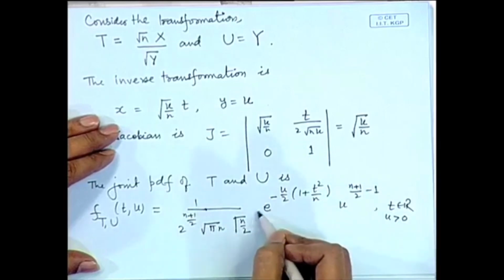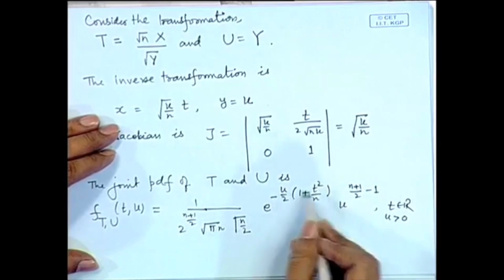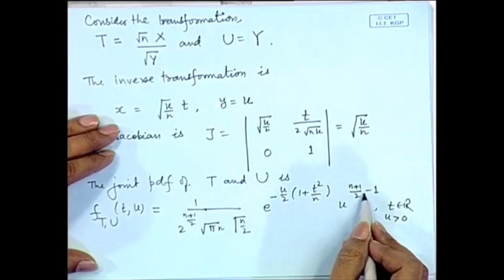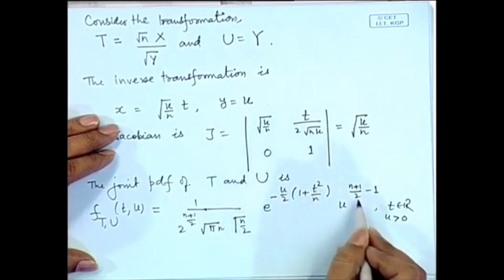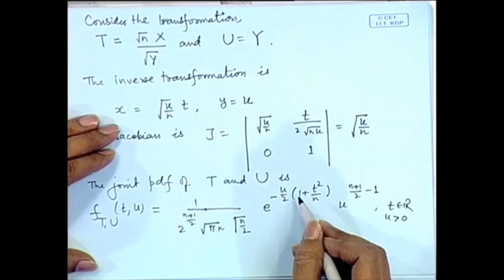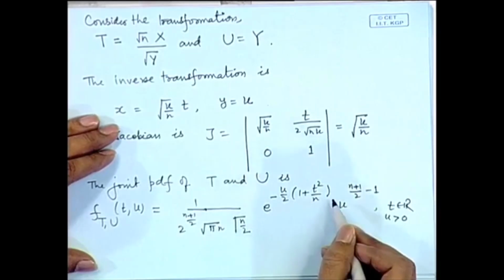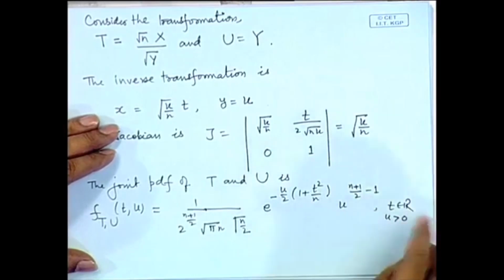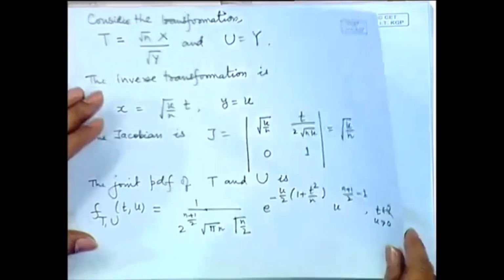You observe this term is e to the power minus u into something and then u to the power some power, which is of the nature of a gamma integral or a gamma function. So, it can be easily evaluated and we get